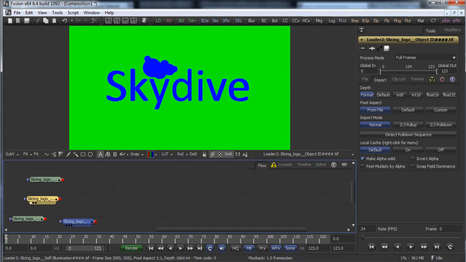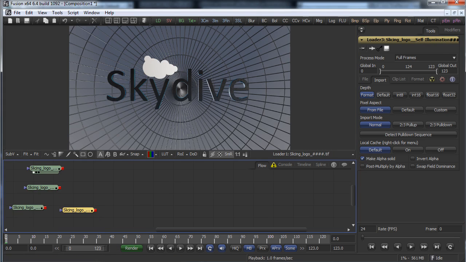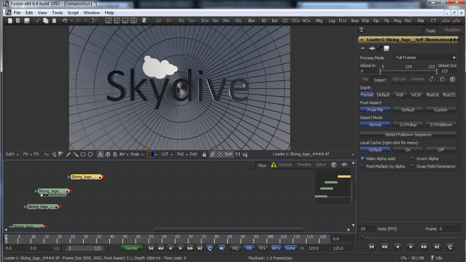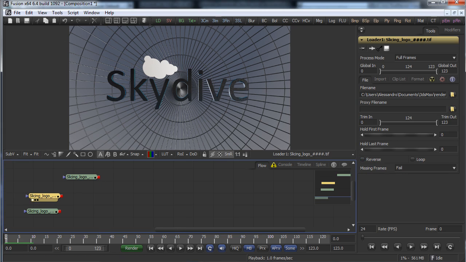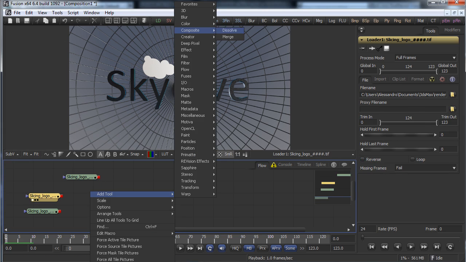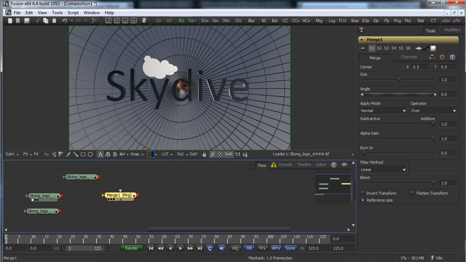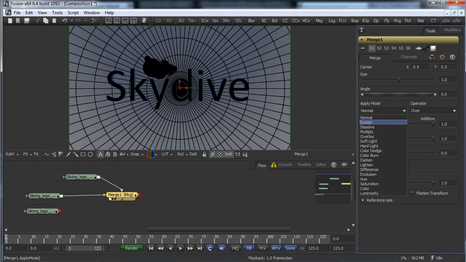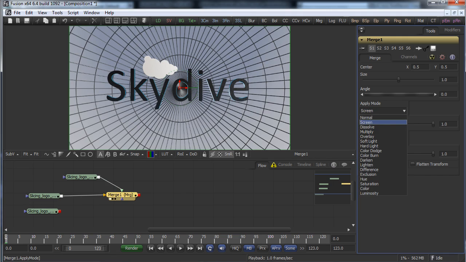Okay, so let's start, for example, adding the self-illumination. So we need a Composite Merge. We can merge this one, and this one will be add, as you see, as a screen,